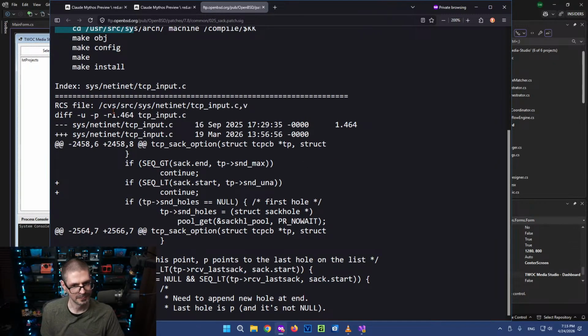Let's see. So I would assume this is like a replacement. So this would probably be the original code. And then this is the... Oh, maybe not. Maybe it's backwards.